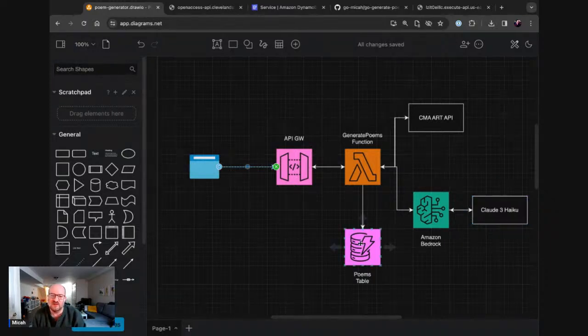And we're storing stuff in DynamoDB. And the whole idea here is that the Lambda function first looks in DynamoDB to see if we have already generated a poem. And then if we haven't, we go through this flow of generating a new one and storing it in DynamoDB before sending it back to API Gateway. So that's our project pretty much as it is.